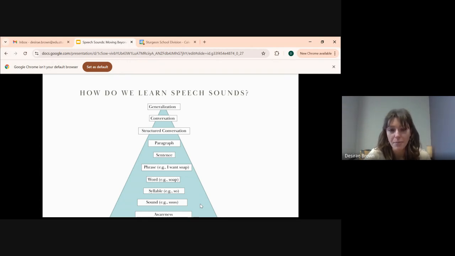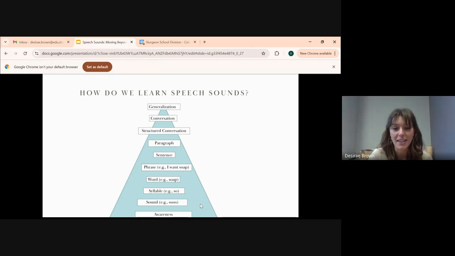Another one for F might be like Jack and the Beanstalk has that story, fee, fi, fo. So that's a good way to practice syllables as well. But yeah, whatever level you're working on, trying to make it meaningful and purposeful goes a long way into helping